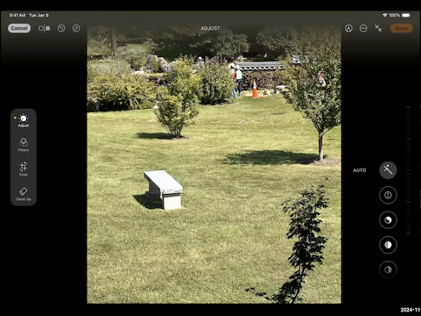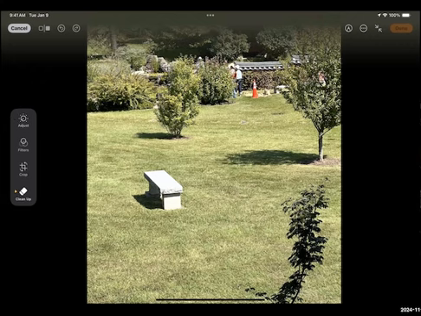So it would require 18.1 or later, and a device that's Apple Intelligence compatible, and my iPad is. So here's a quick demo of cleanup. If I tap cleanup on the left side of the screen,